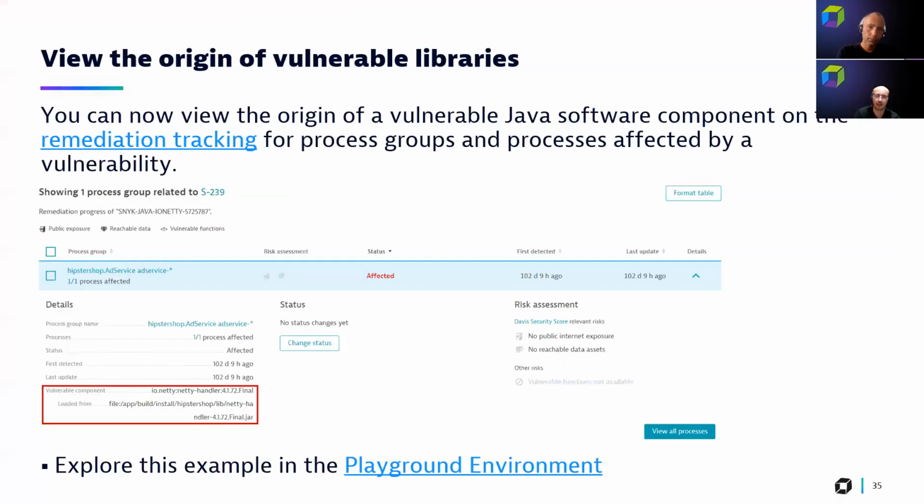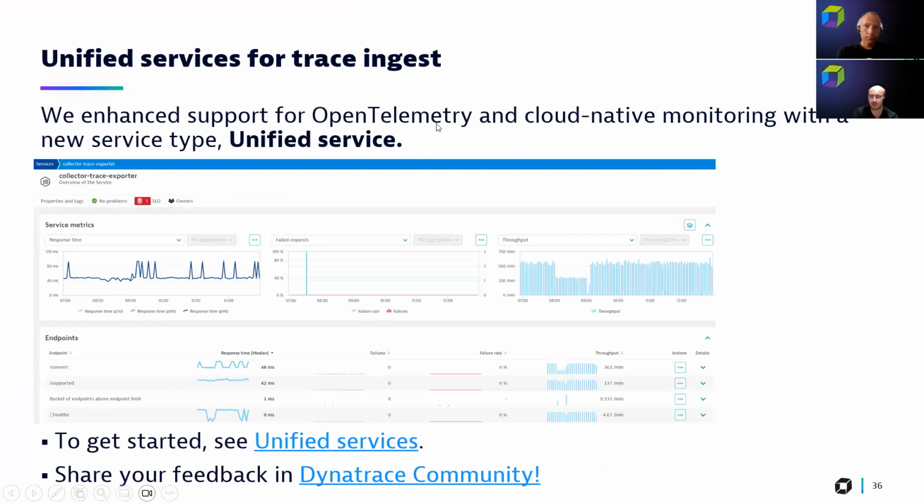Perfect. And the last section is about application observability. We enhanced support for OpenTelemetry and cloud-native monitoring with a new service type, which is called Unified Service. To understand what exactly it is, you will see this documentation. And if you need to reach out to our product manager, I think Arlindo Lima, that made a great session